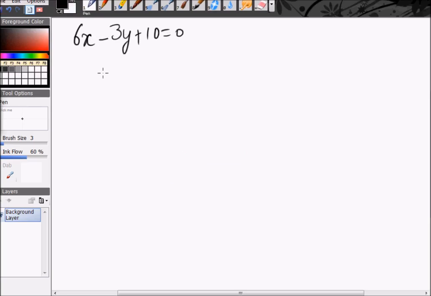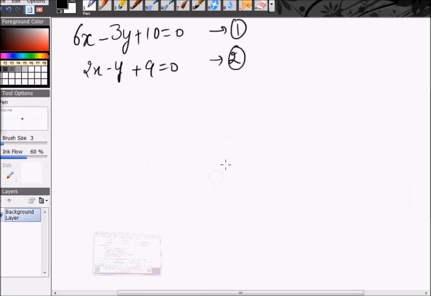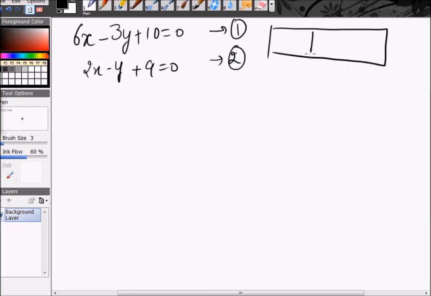6x minus 3y plus 10 equal to 0, 2x minus y plus 9 equal to 0. Labeling the equations as 1 and 2. For the first equation, the table of different values of x and y will be,